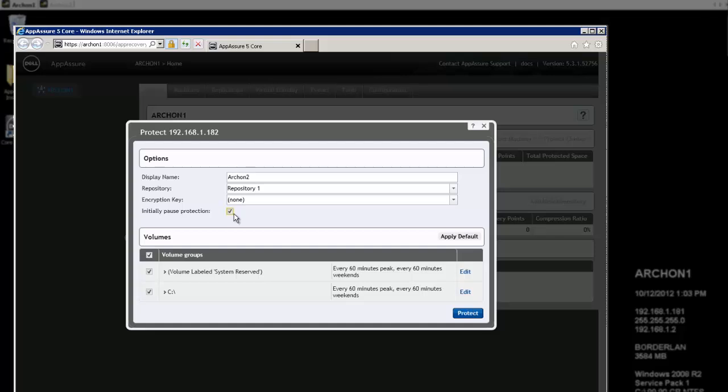But I do want to initially pause protection because I don't want any snapshots to immediately begin. I want to be able to look at the machine before it starts. And then I do want to protect both the volumes that are on the machine, the pre-built system reserved, and the C drive. And I think for me the defaults of 60 minutes peak and 60-minute weekends are okay, but